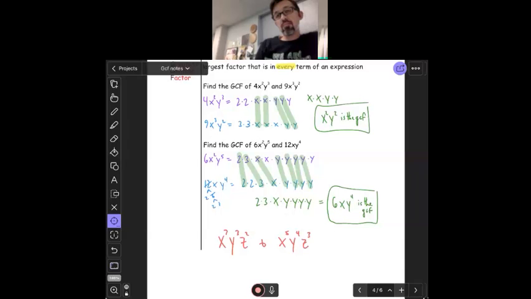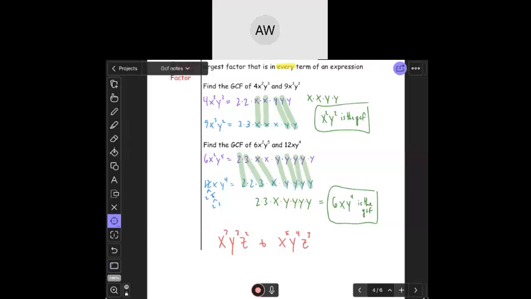Wait, so we're looking for the GCF of x to the seventh, like the red down there? I'm saying you should be able to do that really quickly. I want you to identify the pattern name. Yeah. We'd go from here to here. It would just be